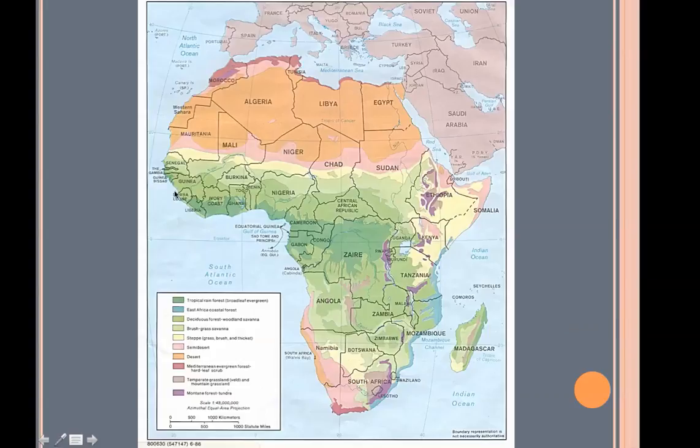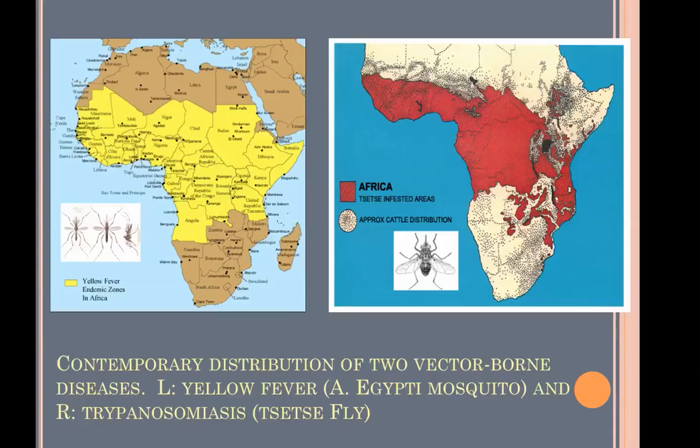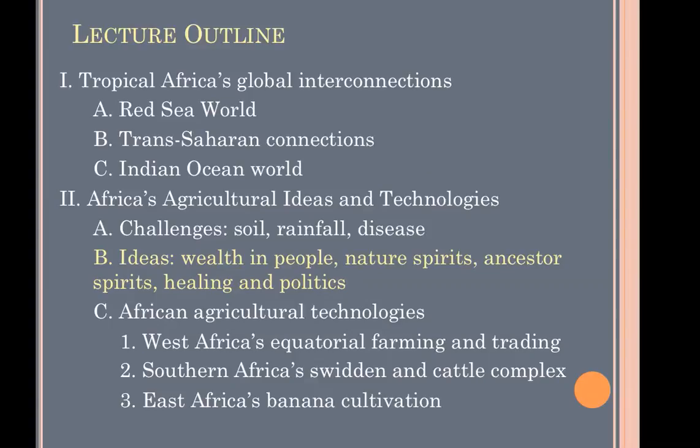Most landscape, as you read, is savanna. That would be the region in these lighter green colors, and you see that that does cover most of the rest of the continent. Agriculture is absolutely possible here, but the fact of the matter is, for most of these regions, except for the highlands, it's just not very good soil, not very good growing conditions. Oh yes, and this is a good map of the distribution of both yellow fever and trypanosomiasis, but do keep in mind these are contemporary maps. So they would have probably been far spottier. There'd be far more areas that were free of these insects in the distant past, like we're talking about. So that's important to note.